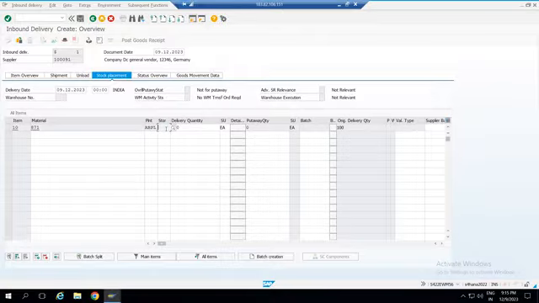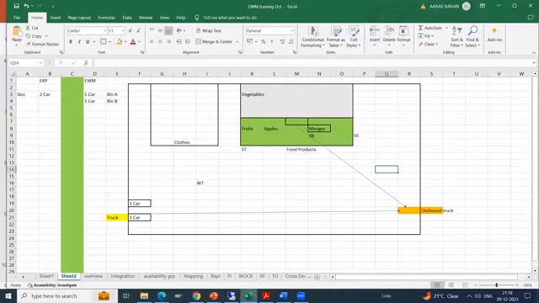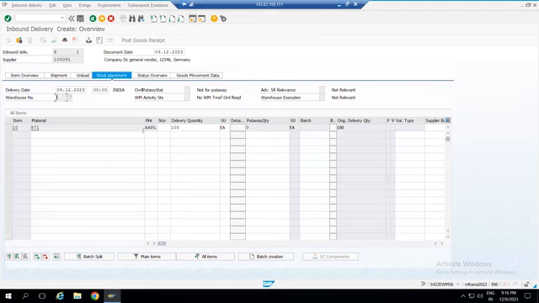Now, here you can see the storage location. Storage location is the controlling factor. If your storage location is non-EWM managed, you post the goods receipt here. There is no warehouse number. What I have explained: you receive the product and there is no further direction from the system. You receive it here, no further direction from the system in case of non-EWM.